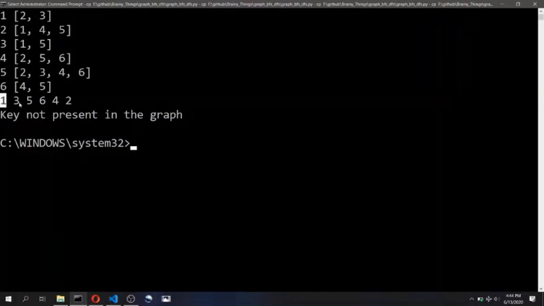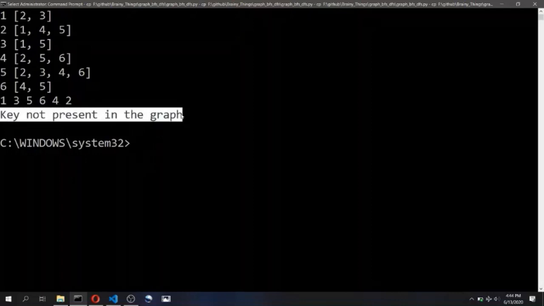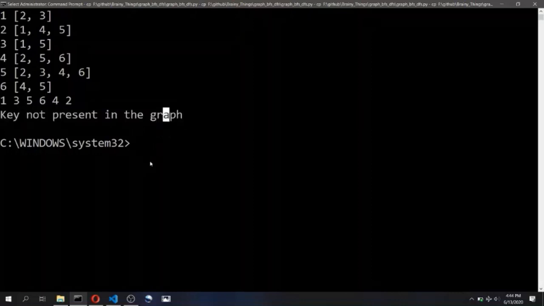As you can see, the order gets changed over here. You can see that one's neighbor is 3, third's neighbor is 5, five's neighbor is 6, and sixth's neighbor is 4. So this algorithm tried to find depth first instead of breadth first. The order gets changed over here, but still the working remains the same. It will try to find for all nodes, and if the key is not present, it will print the same message. The only difference between breadth first search and depth first search is the order in which the nodes get processed.